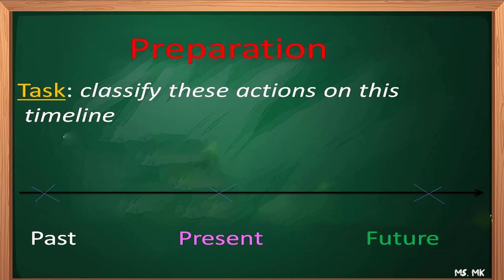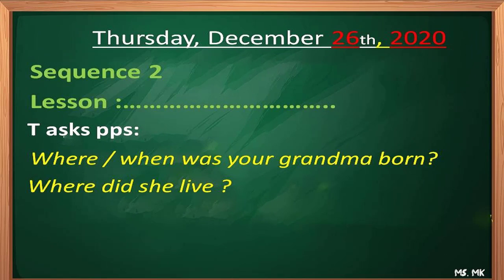Here I'm preparing my pupils for the next phase, which is the presentation phase. Just a remark, the past simple tense involves many items like interrogative, affirmative, negative forms, regular and irregular verbs. In the interrogative form, we have WH questions, yes or no questions, and short answers. Since we have all these items, we cannot present them at once in one session. It is impossible, especially as the session takes 45 minutes.